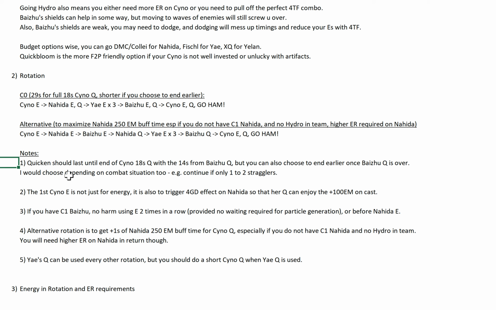Now, some quick notes on the rotation. Quicken should last until the end of Cyno's 18 second Q, with the 14 seconds from Baizhu's Q. Because Quicken lasts like 6 to 9 seconds, depending on the elemental gauge. I don't want to go too much into detail on that, but always just remember that Quicken usually lasts 6 to 9 seconds. Worst case scenario 6. So if you look at this, it's a 4-second difference. So with 6 seconds, it means that we are able to have Baizhu Q lasting the entire duration of Cyno Q,